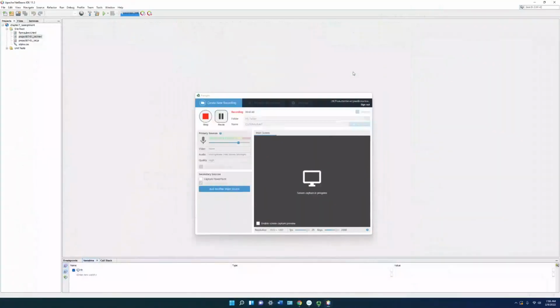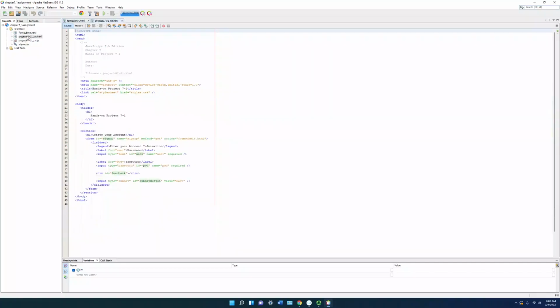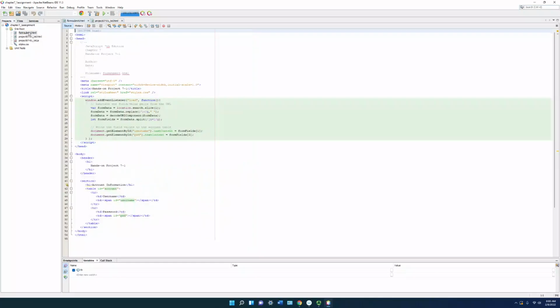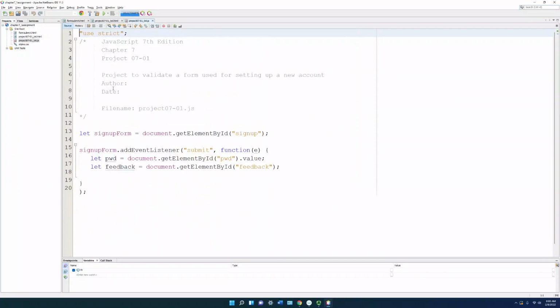Okay, let's take a quick perusal of our code. We have our submit form, and then we have a create account form. And we have some JavaScript that we're going to get started on. And it looks like we're building a sign up form, and we have a submit button that we are working with. We then get the password, and it looks like feedback